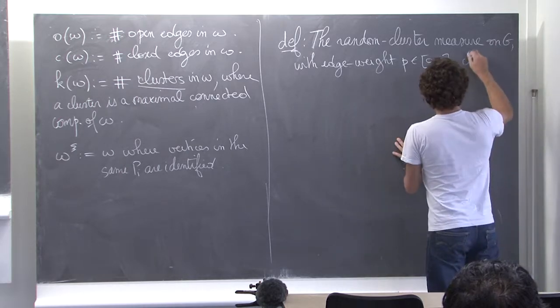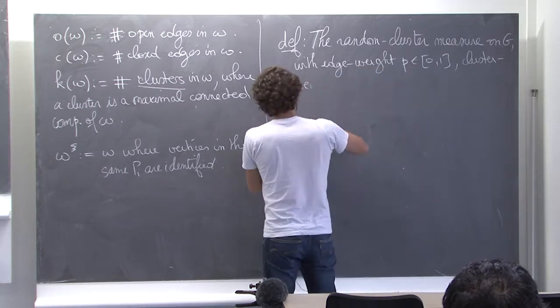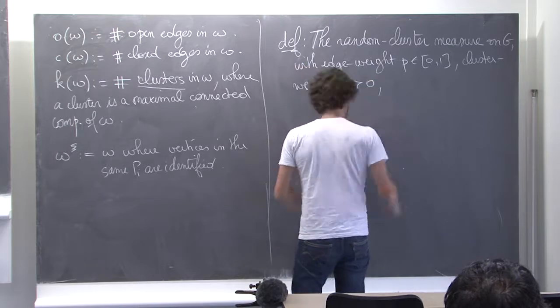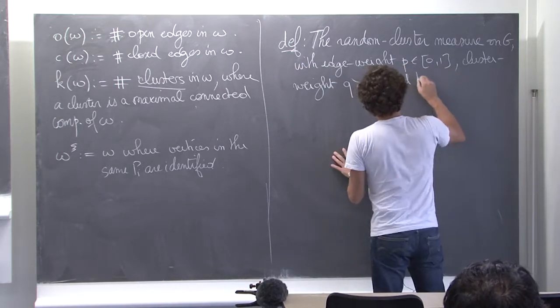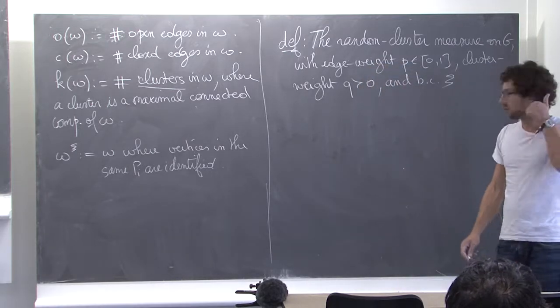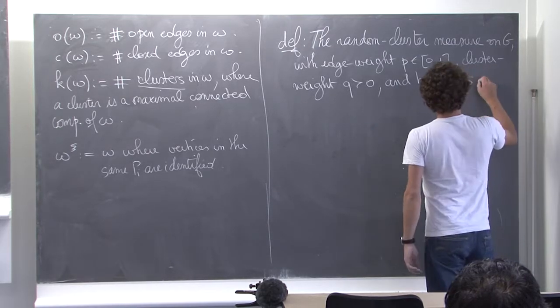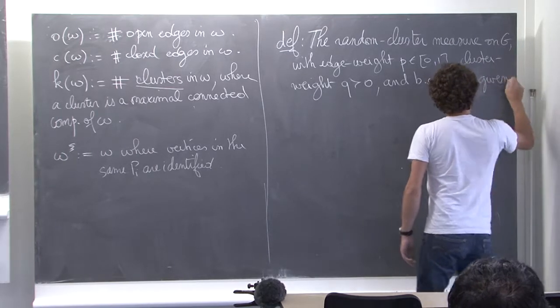Now, cluster weight. So there is a new parameter, which is a cluster weight, q strictly larger than 0. And boundary condition, psi. So there's an edge parameter, a cluster weight, and a boundary condition, and the measure is given by...